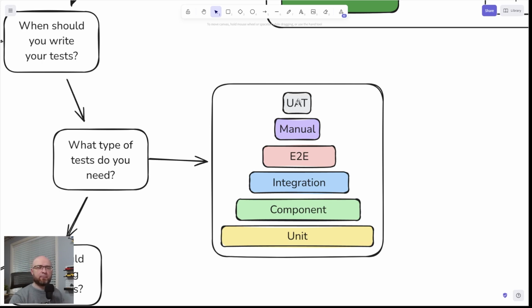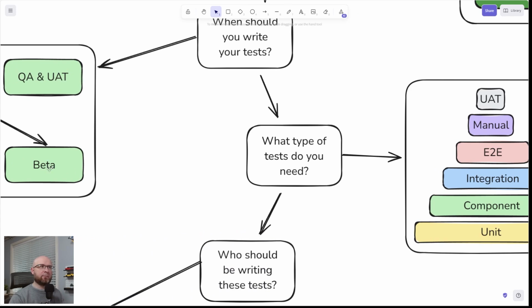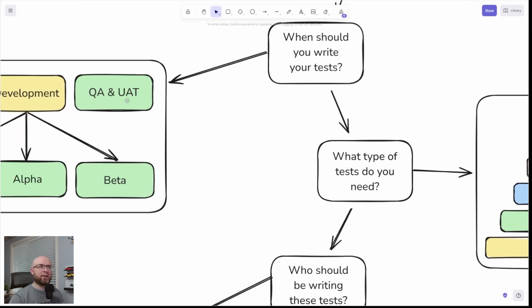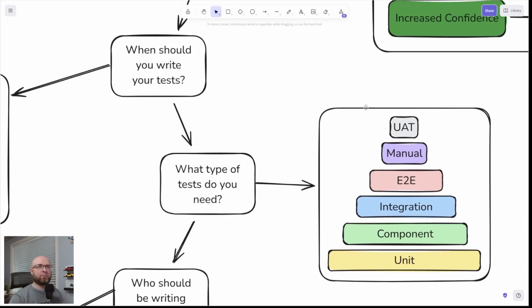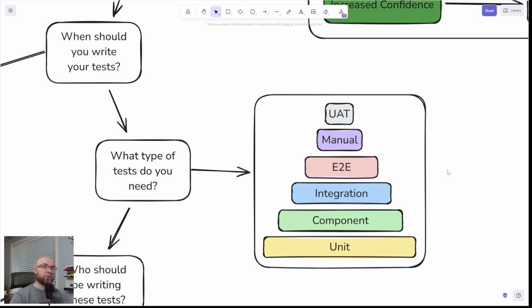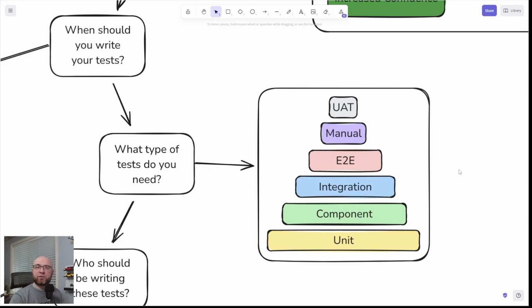So that's at the very end. This would be somewhere in the beta stage / QA UAT stage. This is where actual users will come in and click around your application, try to add records, delete records, use the UI control, stuff like that. And that usually is the least important, but it is also important because your users will either pay you or not pay you, depending on how solid your application is.